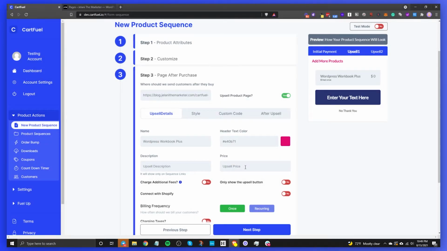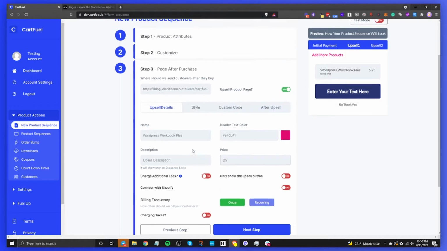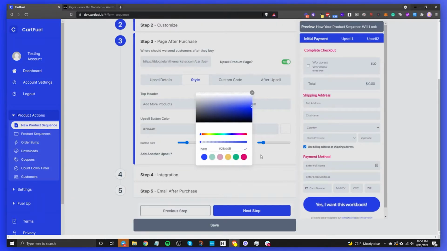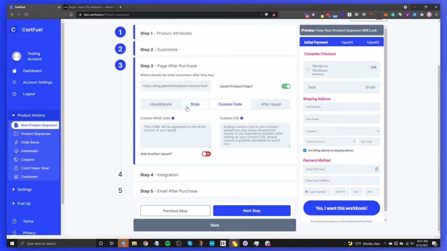You can also change out the price. So let's say that we wanted this to be $25. And you can also do some more features down here. We'll skip that for now. And we can go to style. We can change the button text. So I can say, yes, I want this upsell. I like this color, so we'll go with that. And then once we're done setting up the price and the product, you can go to custom code and you